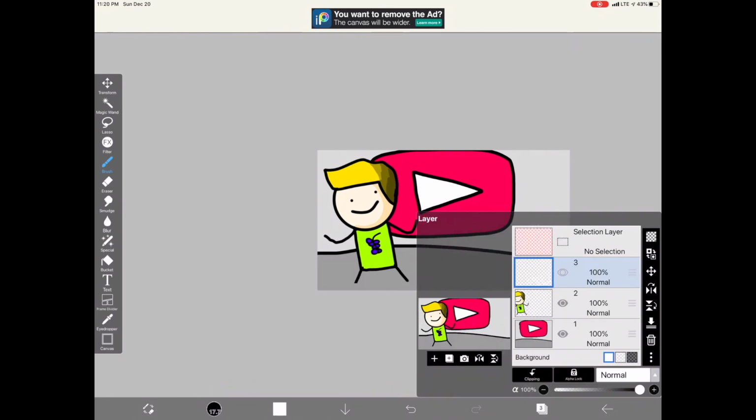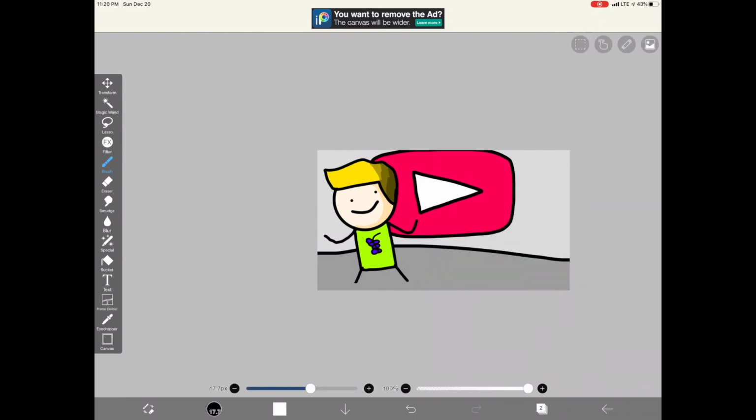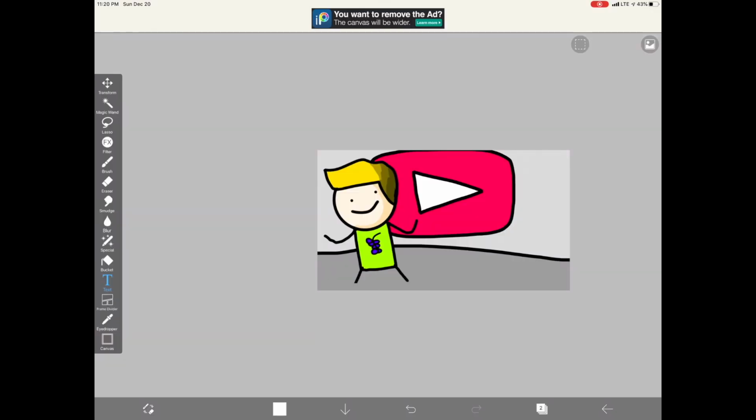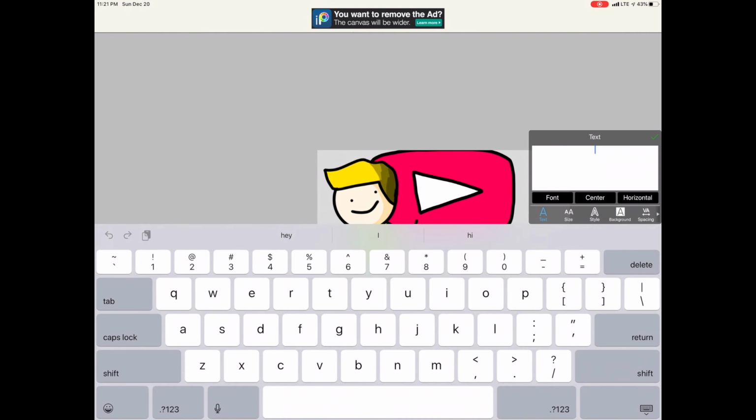But if that is not fancy enough for you, you can actually use the text option. So hide that, or delete that. You can use the text option. You don't actually need to create a new layer. You're going to go to the left corner, though, and press the text button, the T, and then once you got it selected, you tap anywhere where you want text. It's going to say Add Text. You press the Add Text button, and then in the corner here, just start writing